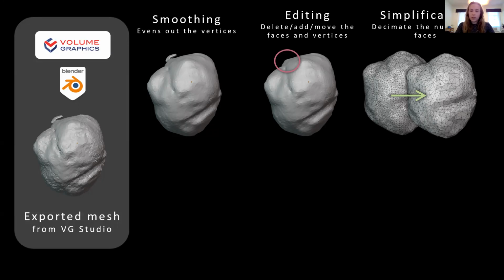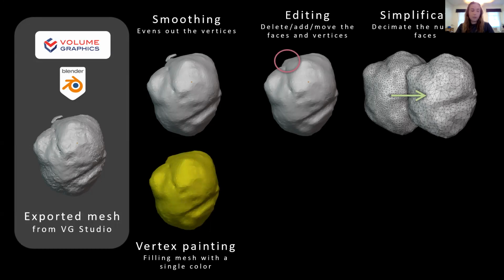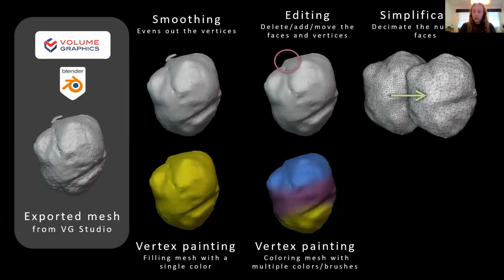We can also start to add colors. There are a couple of ways to approach this. You can paint the vertices, which are the points at the tip of each triangle on that mesh, and we can fill the entire mesh with color by assigning colors to these vertices. So we can assign a single color to a mesh, or we can use a paintbrush to paint those colors